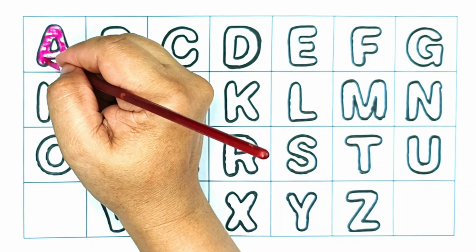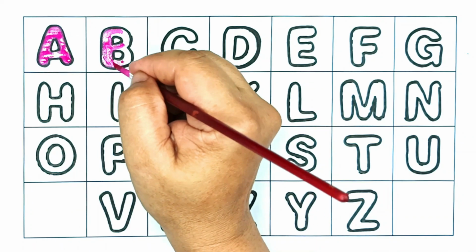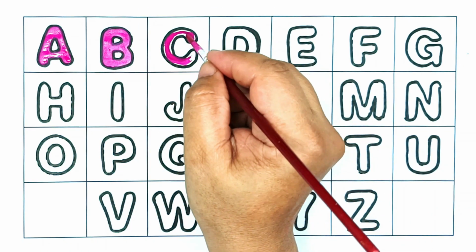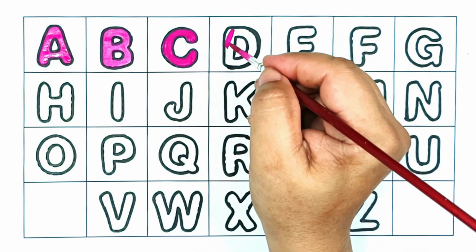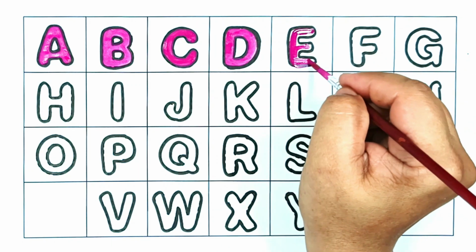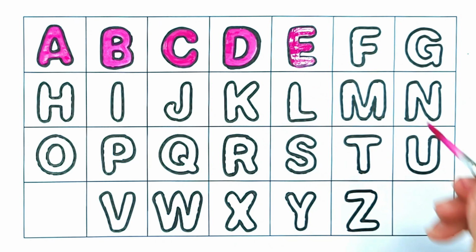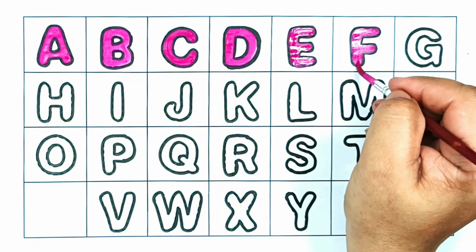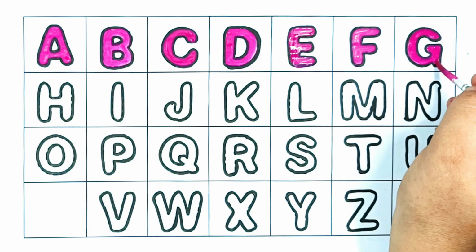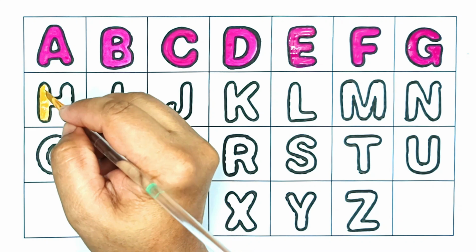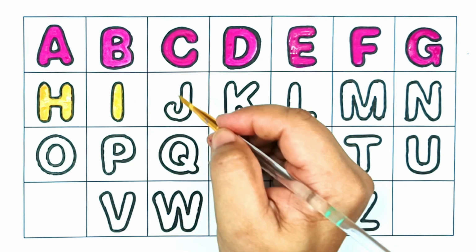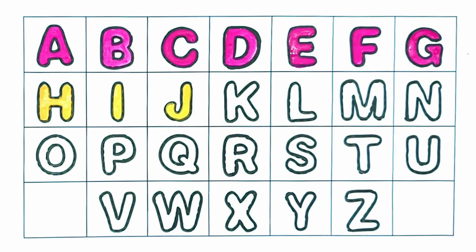A for apple, A for apple, B for ball, B for ball, C for cat, C for cat, D for doll, D for doll, E for egg, E for egg, F for frog, F for frog, G for glass, G for glass, H for hat, H for hat, I for igloo, I for igloo, J for jam, J for jam,